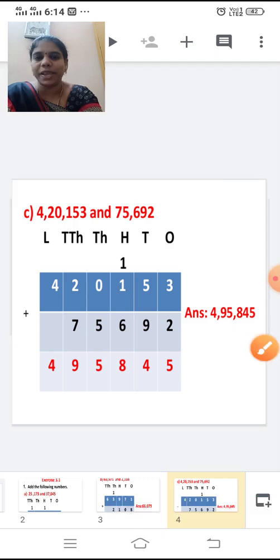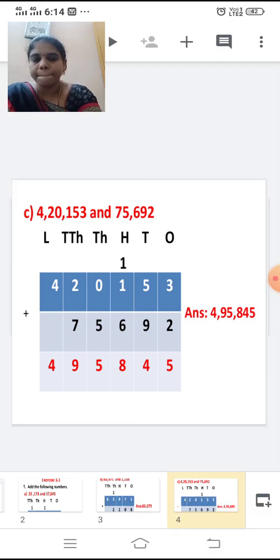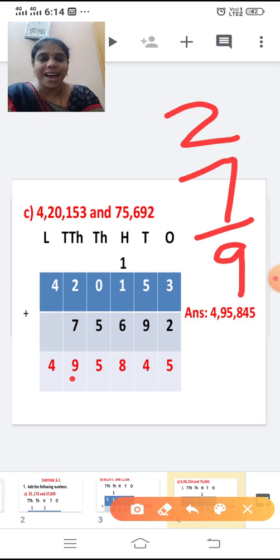Then move on to the 10,000 place. At the 10,000 place, we are going to add 2 and 7. 7 in the mind, 2 in the finger. After 7, I am going to add 2 numbers, right? 8, 9. So write 9 in the 10,000 place. Is there any number to add here? There is no number to add, so bring down the number in the lakhs place. So the answer is 4,95,895.